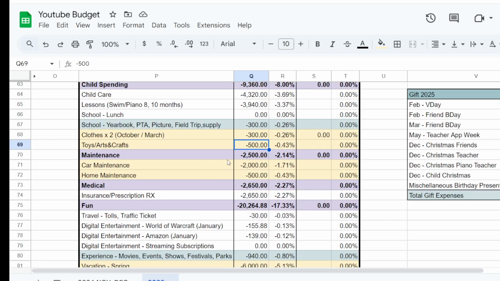So my maintenance, it's kind of hard to anticipate. I try to look back on the previous years to see how much I spent. And with my car maintenance, it usually covers the big things like tire changes or windshield fluid replacement or windshield wiper replacement, and also oil changes too. So I think next year I might have to do a tire change. So I put $2,000 in there. And this amount probably needs to increase a little, but I'm hoping that my car won't need that much